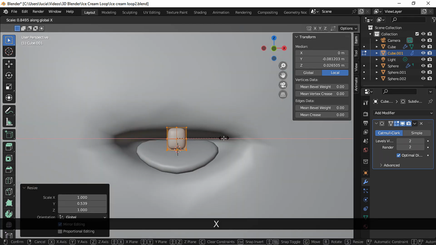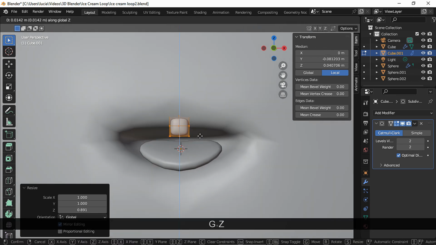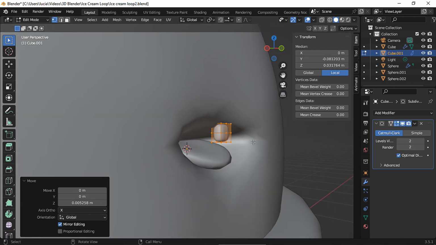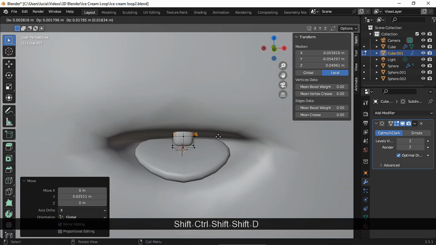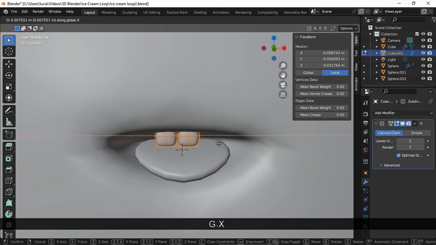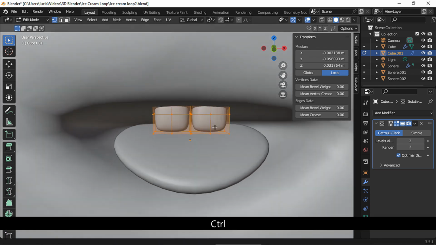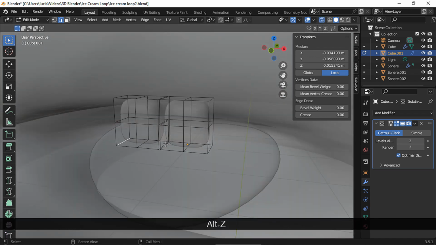Scale down on the X-axis and scale on the Z-axis. Let's move it up a bit, and I think the tooth should be a bit more inside the mouth. Shift D to duplicate, escape and move on the X-axis. A to select all and move them to the center. I want the teeth to be a bit rounder, so let's select all these edges.